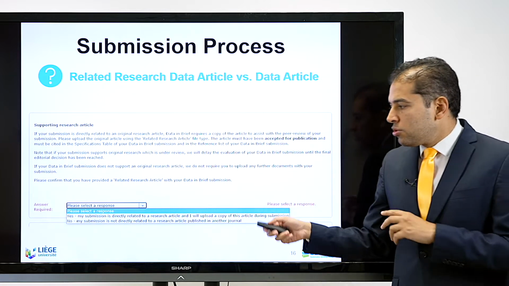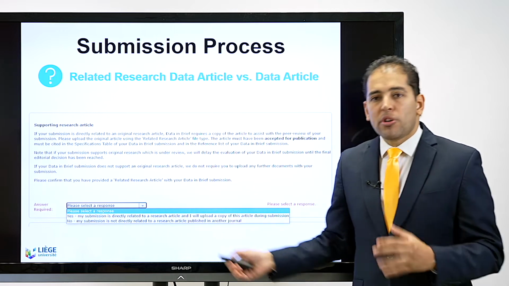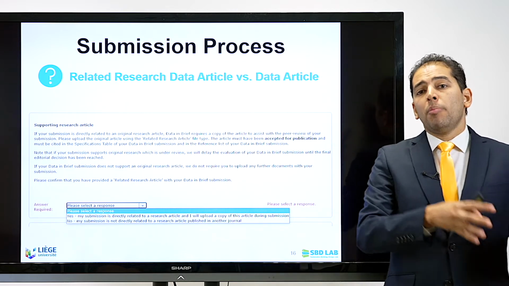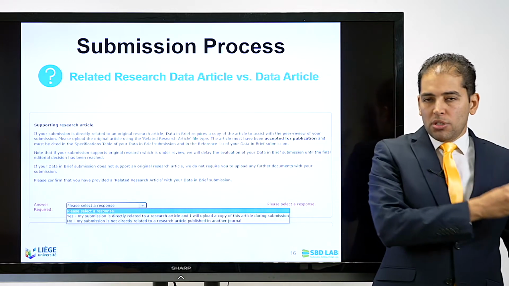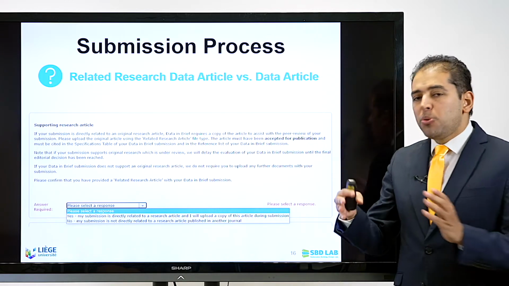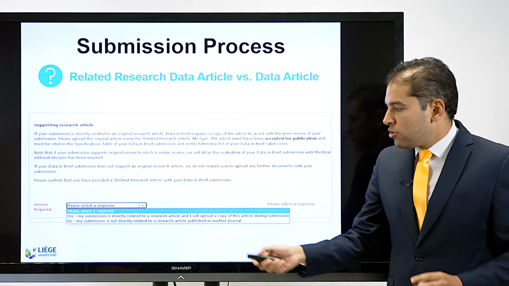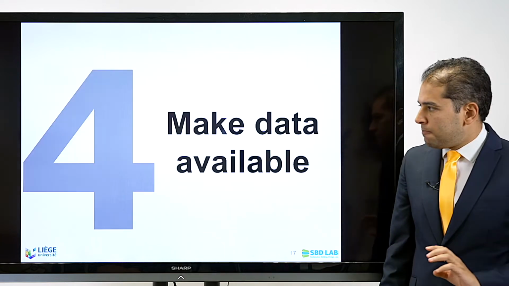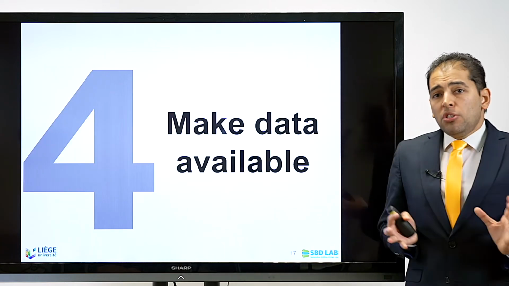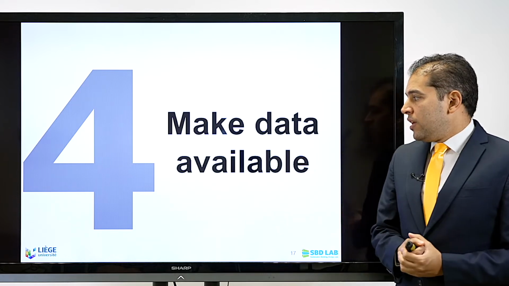So those are the two options, option A and option B. In option A, I already published a paper, and now I'm publishing the data in an article that was used in this earlier paper. Option B, I'm directly publishing the data set as a data article. So I'm saying my submission is not related to any previous published work. Now, once you clarified if you are going for option A or B, both are possible,